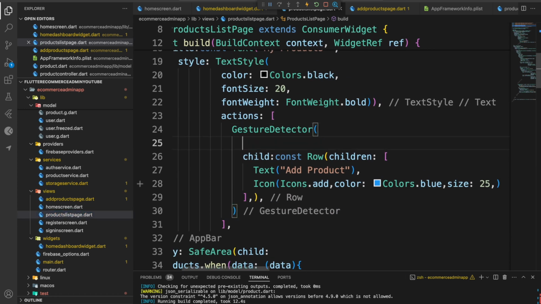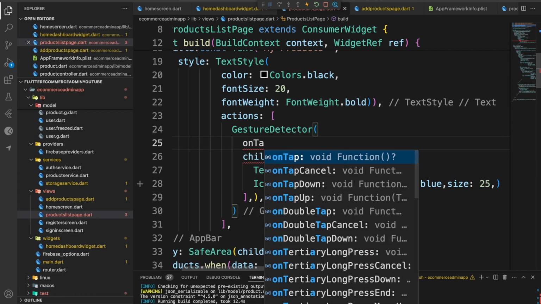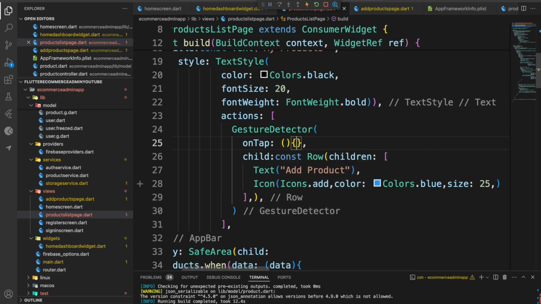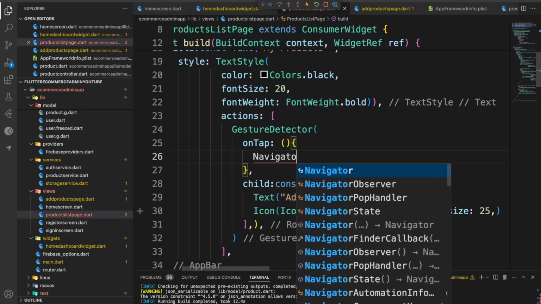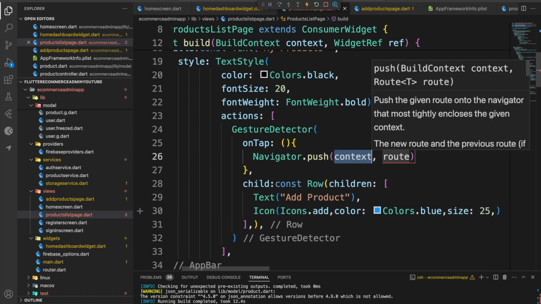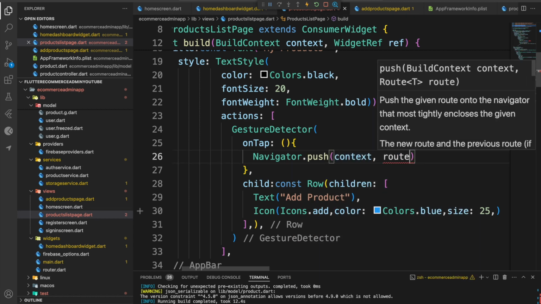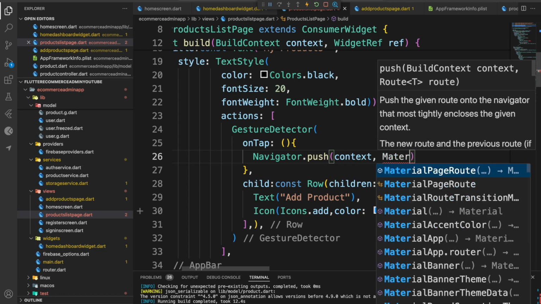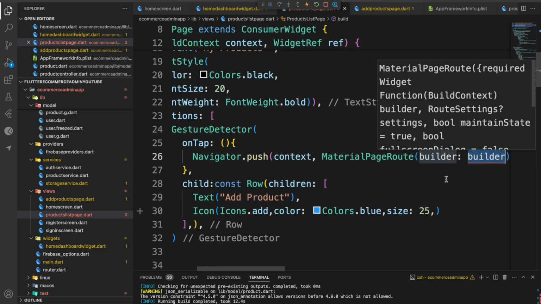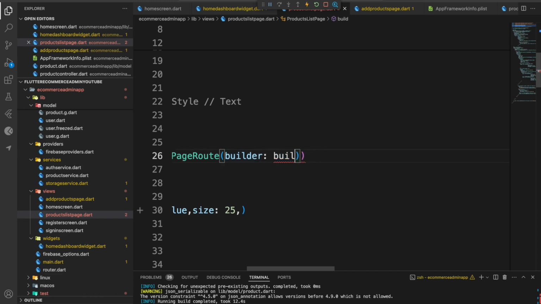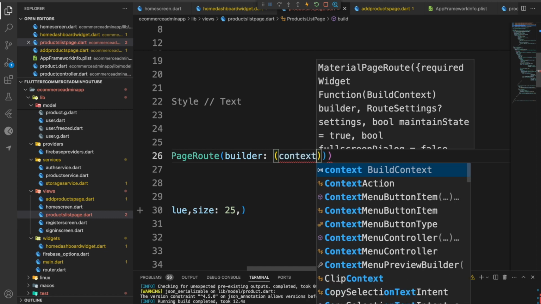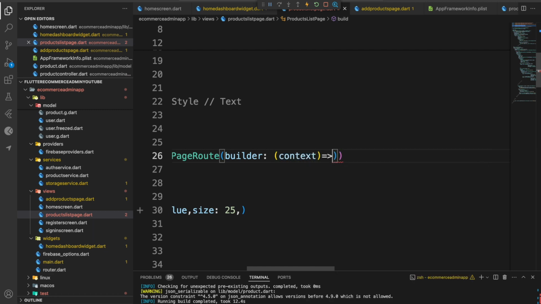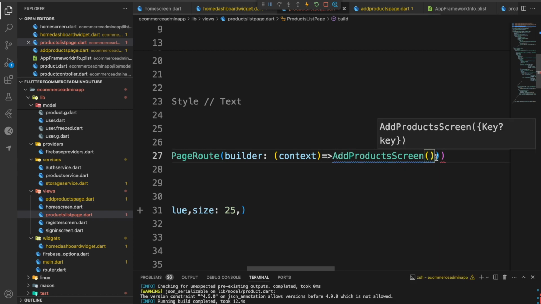So here what we're going to do is onTap, and then we are going to navigate to a new screen. Navigator.push. For the route we are going to use the MaterialPageRoute. For the builder, we are just going to pass in the context as a parameter to our arrow function, which is going to return our page, the add product screen. Okay, all right,